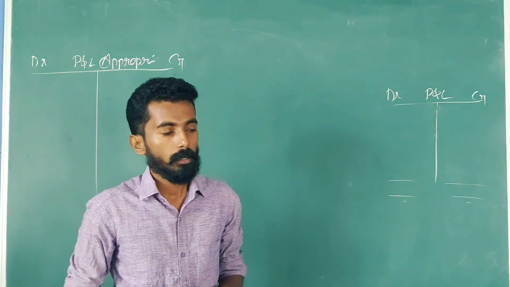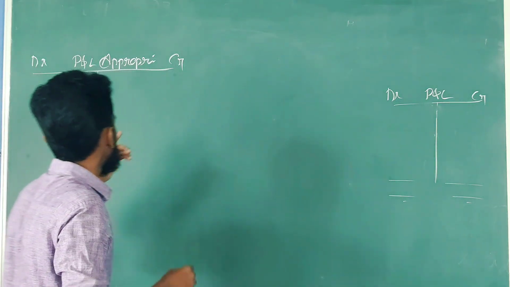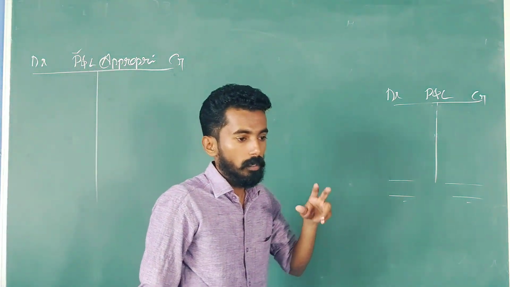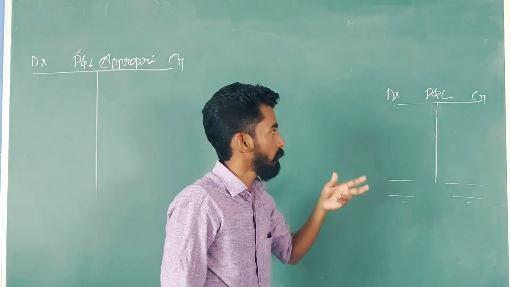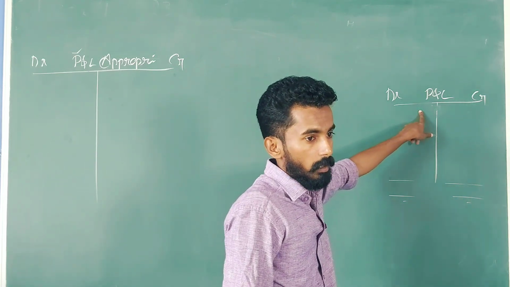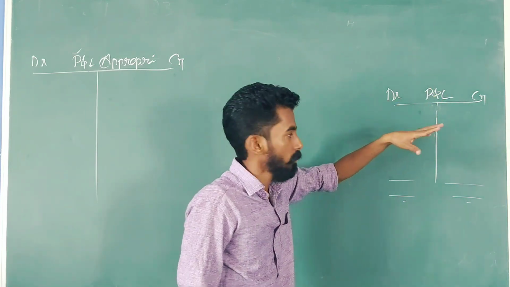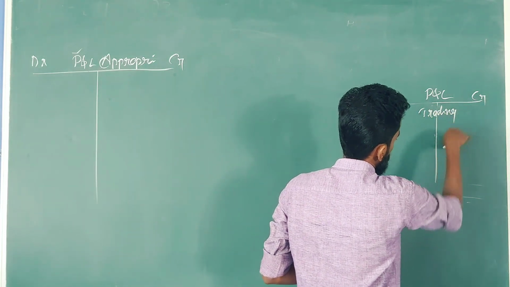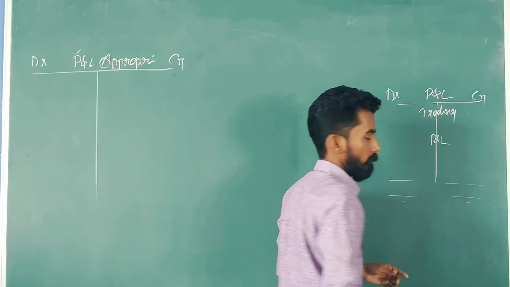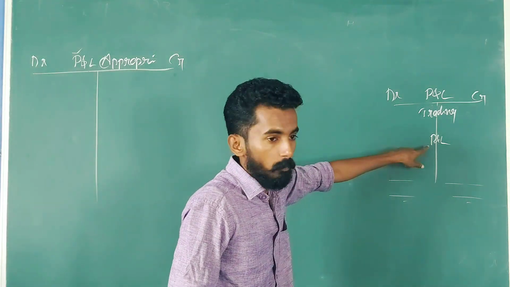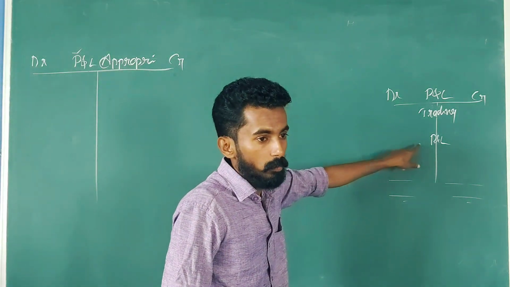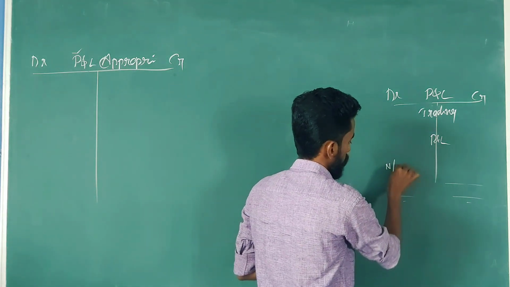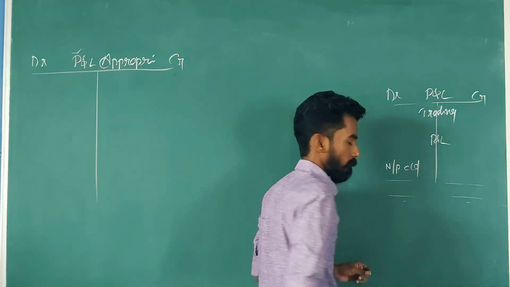Today we are going to discuss profit and loss appropriation account. Up to 11th class, we have only completed profit and loss account. In that profit and loss account, we have mainly two sections. One is trading account, another one is profit and loss account. Correct? So after completing profit and loss account, we are going to get a balance of net profit. That means net profit can be known.